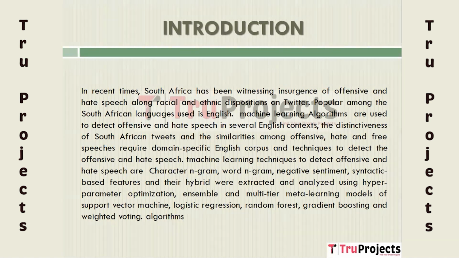While the algorithms are commonly applied to identifying offensive and hate speech in various English contexts, machine learning techniques are now being utilized to recognize inappropriate and hateful communication. This involves extracting and scrutinizing syntactic features, character n-grams, word n-grams, and negative sentiment. Gradient boosting, ensemble methods, and multi-tier meta-learning models involving support vector machine, logistic regression, and ensemble learning are employed